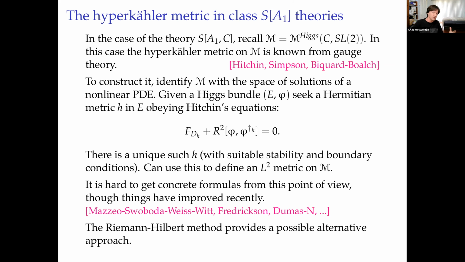So the Riemann-Hilbert story that I'm going to describe, coming from physics, is a kind of conjectural alternative way. If I specialize it to this example, it is a conjectural alternative way of describing this metric, which will look totally different. It'll have nothing to do with solving PDEs or anything. The claim is that nevertheless it produces the same metric. That's the conjecture.